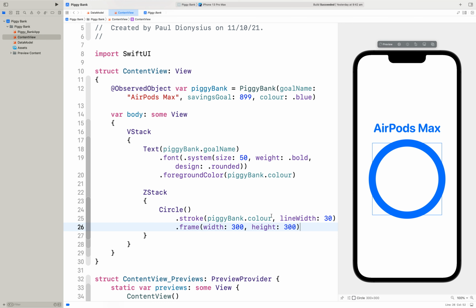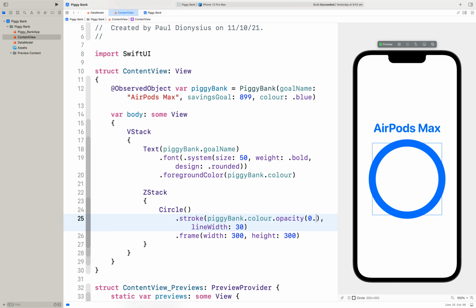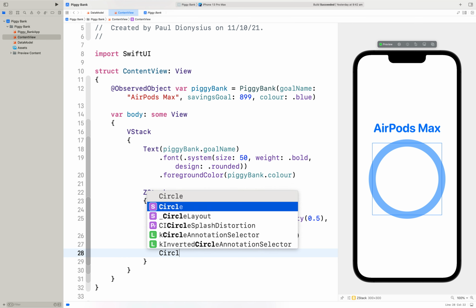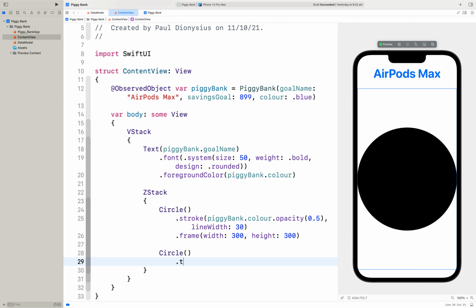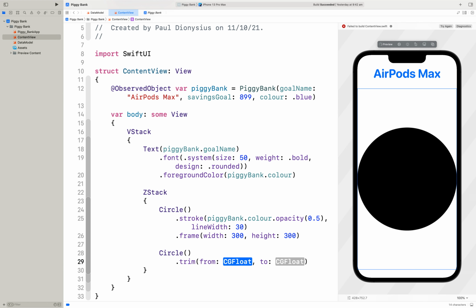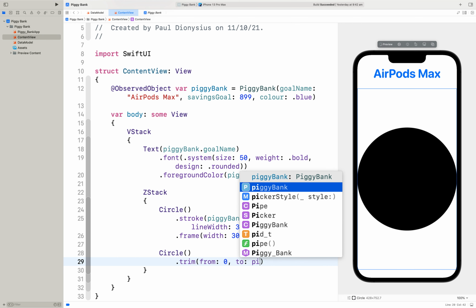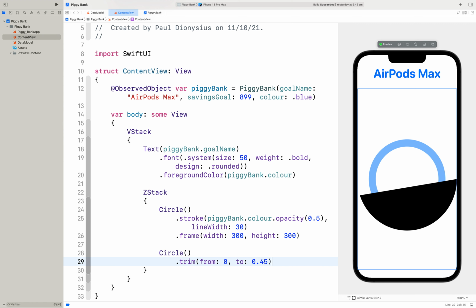There's a few ways of doing it, but a nice easy way is making the color have an opacity of 0.75, and now be a bit lighter, maybe go 0.5. On top of that circle will be another circle. This time though, we're going to trim the circle from a certain value, which will be 0, to a certain value of piggy bank. Well, actually, we'll just start off with 0.45. And you'll see there's my